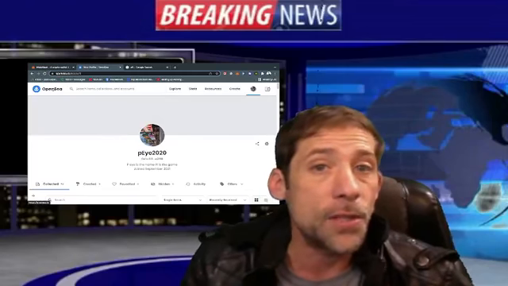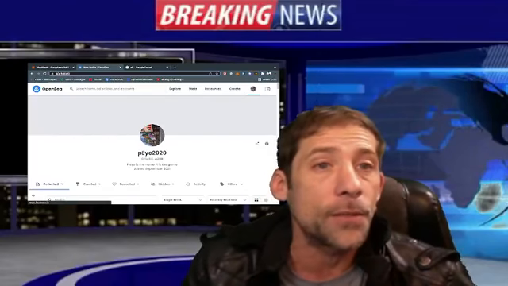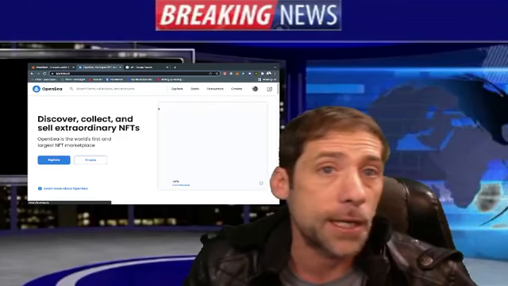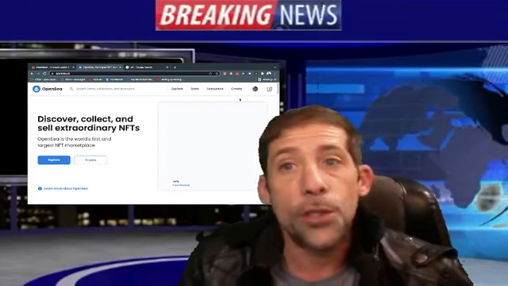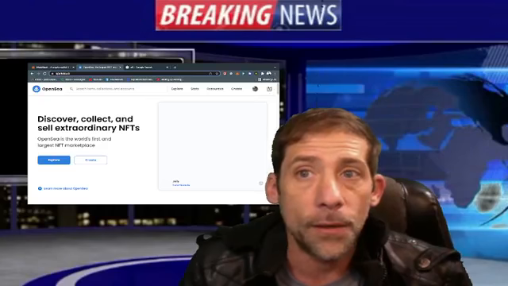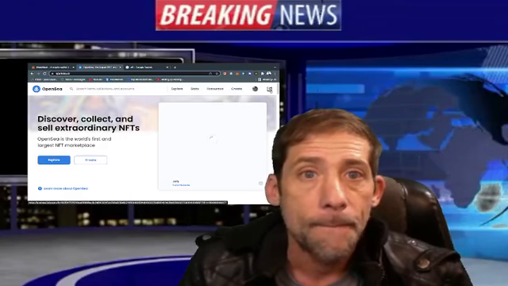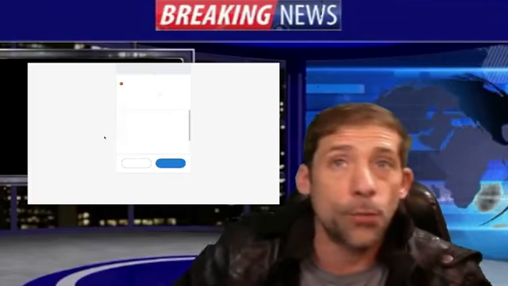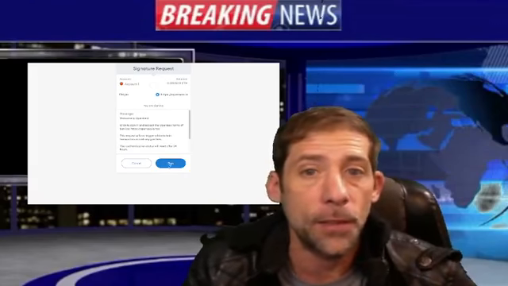So here is OpenSea. And when you come to OpenSea, you'll come to the front page, and on that front page, it will ask you to connect your wallet. Once your wallet is connected, which is right here on the top right-hand side, you are going to push this button, which is create. It's really that simple, folks. MetaMask will then connect to your wallet. Once it does that and it says you're about to make something new, you say